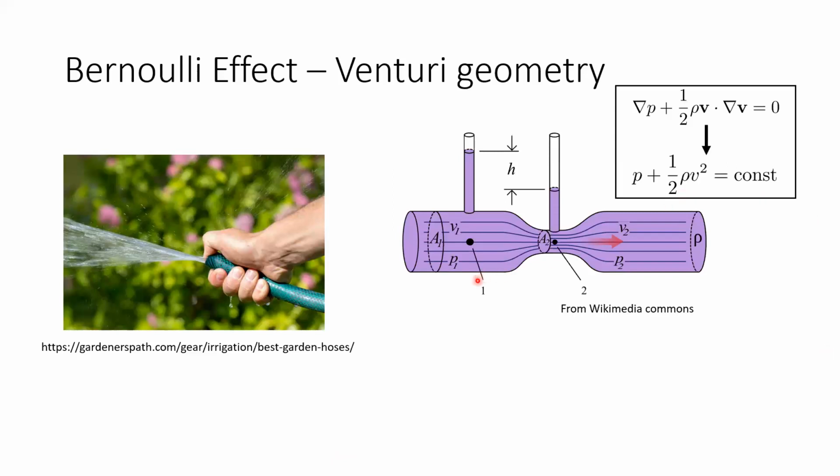Now, in this Venturi geometry, as you keep track of the velocity into the constriction and the pressure into the constriction, you'll find that as the velocity goes up, the pressure goes down. This is a statement of energy conservation. This energy conservation statement can be understood as coming from the Navier-Stokes equation by integrating it, where I remarked that this kinetic term is coming from the convection term.